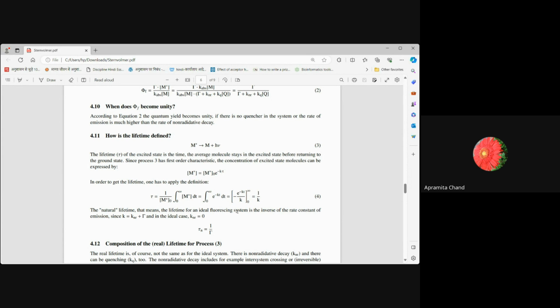The lifetime of the excited state is the time the average molecule stays in the excited state before it returns to the ground state. This process has a first order characteristic. What order was quenching? Quenching was second order. But this process is first order, and the concentration of the excited state molecules can be expressed as